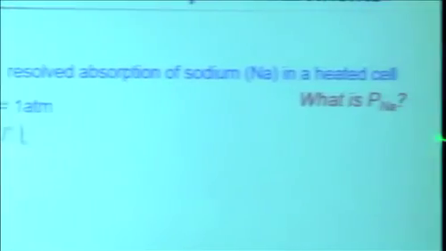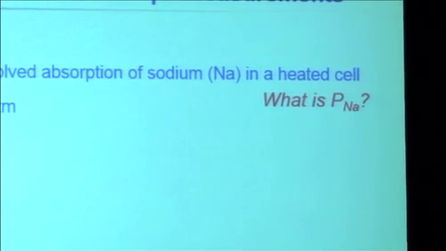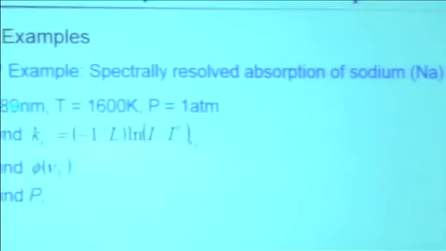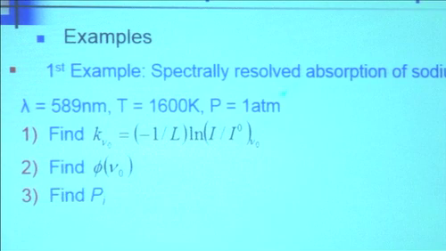We want to know how much sodium there is. We observe the line at 589 nanometers at 1600 Kelvin, 1 atmosphere. We measure the attenuation as a function of frequency, convert it to K. Remember, I over I0 equals e to the minus K nu L. Convert that back to K nu, plot it, and look at the line shape function. We get the shape, or we could do the integral and